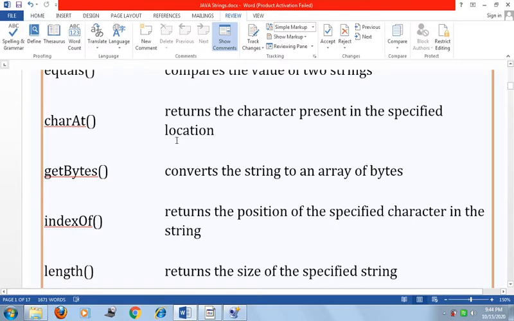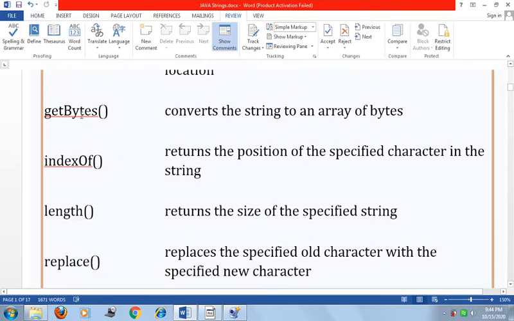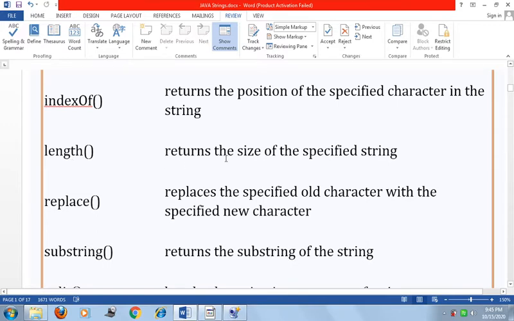GetBytes converts the string to an array of bytes. IndexOf returns the position of a specific character in the string. Length returns the size of the specified string.